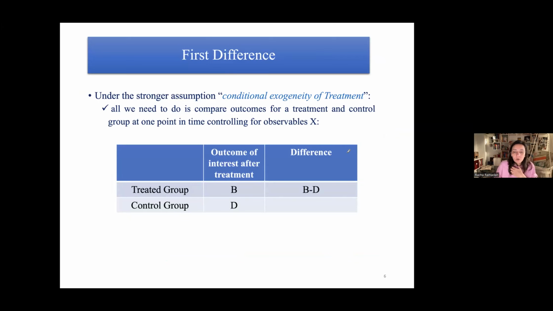The first method, or way to apply this, is what we call the first difference. This applies if the conditional exogeneity of treatment, the strong assumption, is verified. If I recall, that means the selection into the program and the outcome are not affected by unobservable characteristics. If this stronger assumption is verified, we can simply compare the outcome of interest, which in our example is the income of the treated group and the control group,